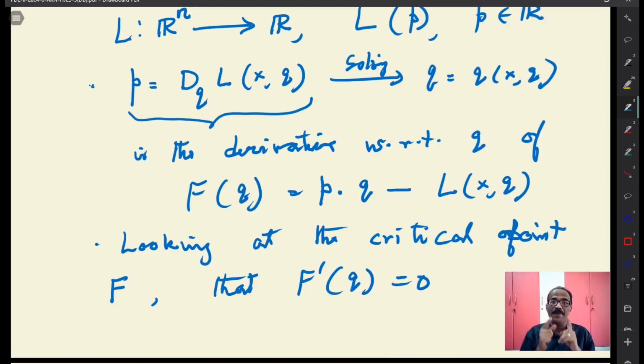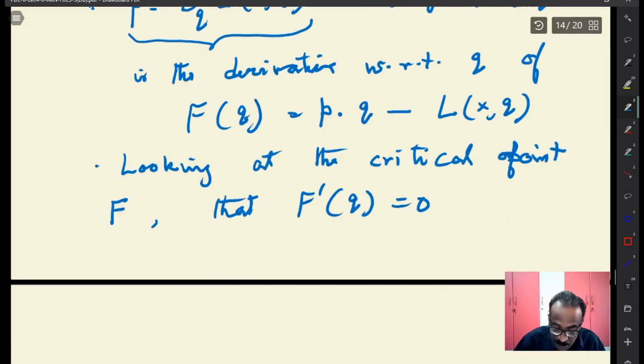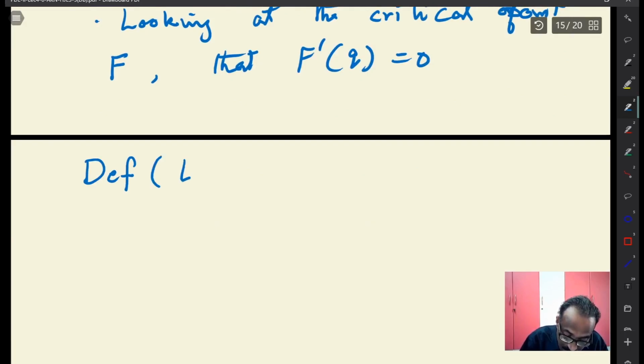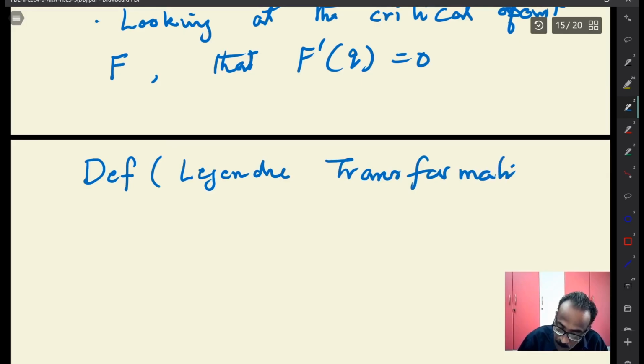So naturally, when you have P is equal to dQ of L is the critical point of F, then is F maximizing or minimizing? You can see that it is exactly maximizing. So this motivates us to make the definition. You define, as a definition, the Legendre transformation. Precisely, given X, P,